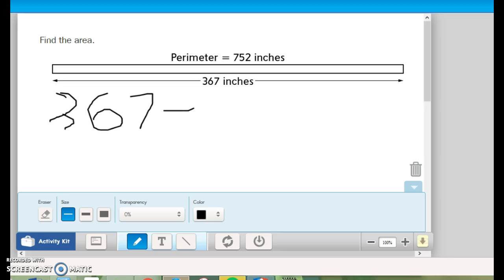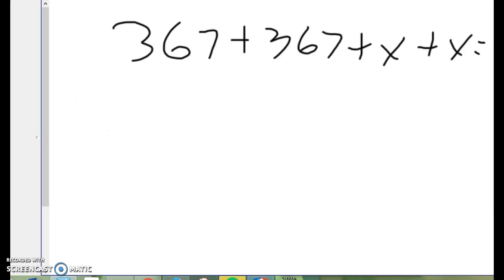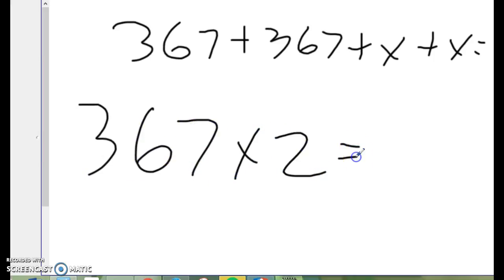Now, just for the sake of time, let's pretend that the short side was 2 inches. So to find the area, we would take 367 times 2, and that would give us our